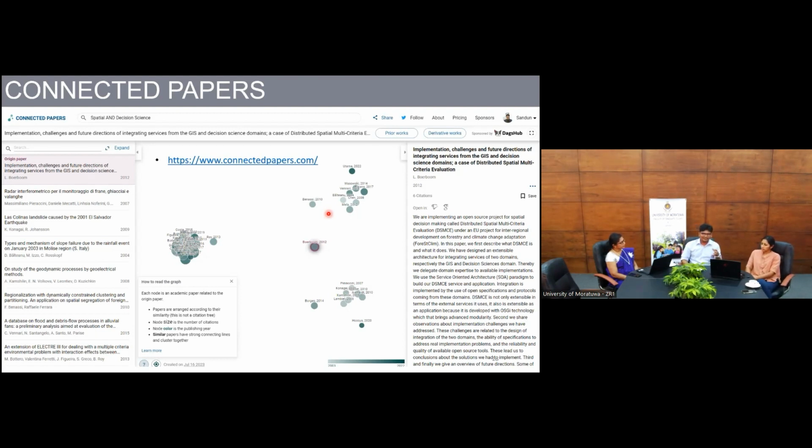So for this node size or number of citations, there can be inter-domain citations as well as intra-domain citations, where you have multidisciplinary research that diverts from one end to the other or different areas. Now, if you look at the citation number, you can identify that peers have more liking, or that this particular research has gained more interest in the research domain. So you know that it has been cited, so people are talking about this. But be careful, there are papers that have been cited just because they are wrong. So you have to be very careful when you are visualizing, but bear in mind that this is there.